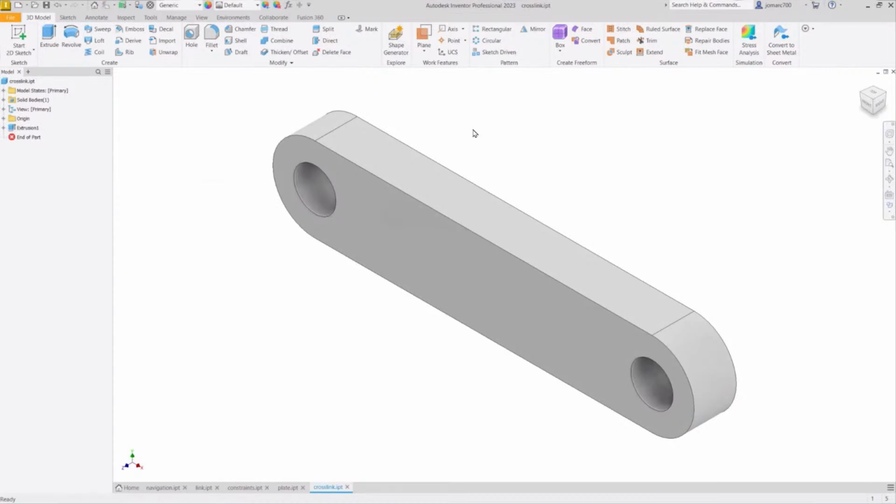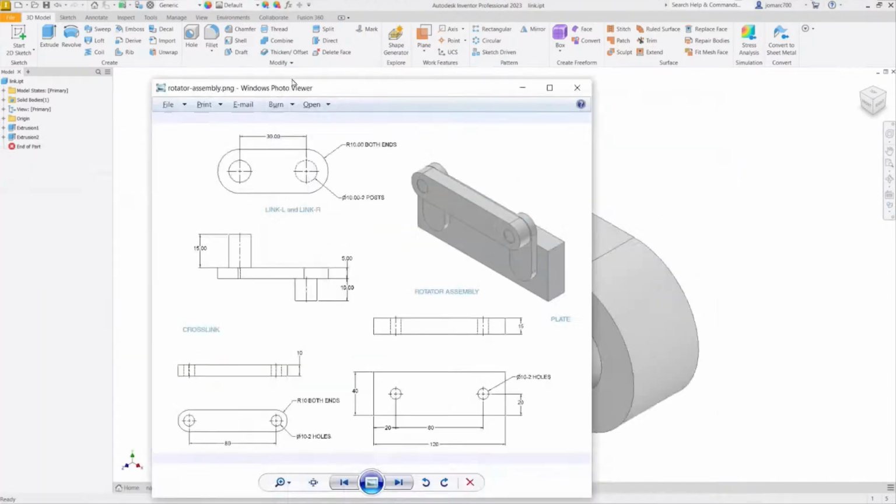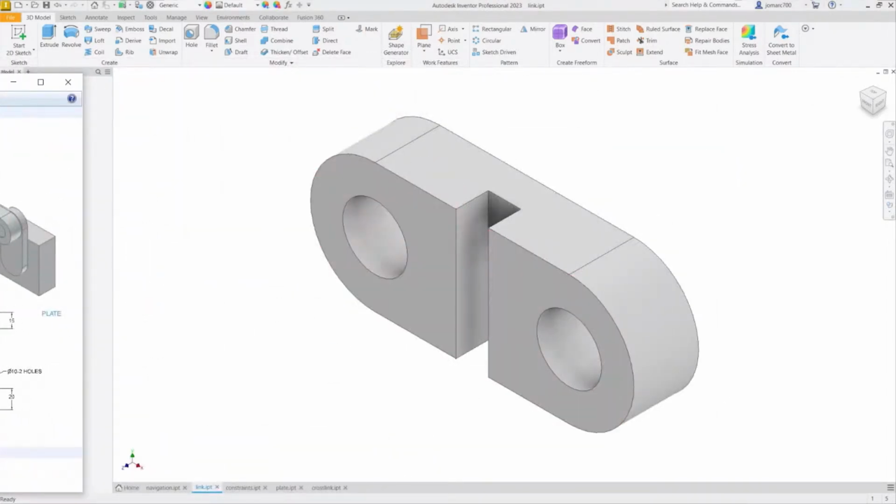They say the only constant thing in this world is change. And yes, it also applies to design, which is we encounter revisions, design changes all the time. With that, let me reiterate our learnings in part design and constraints, and this time doing a revision. Let's head over to link.ipt, and our intent is to revise this part,